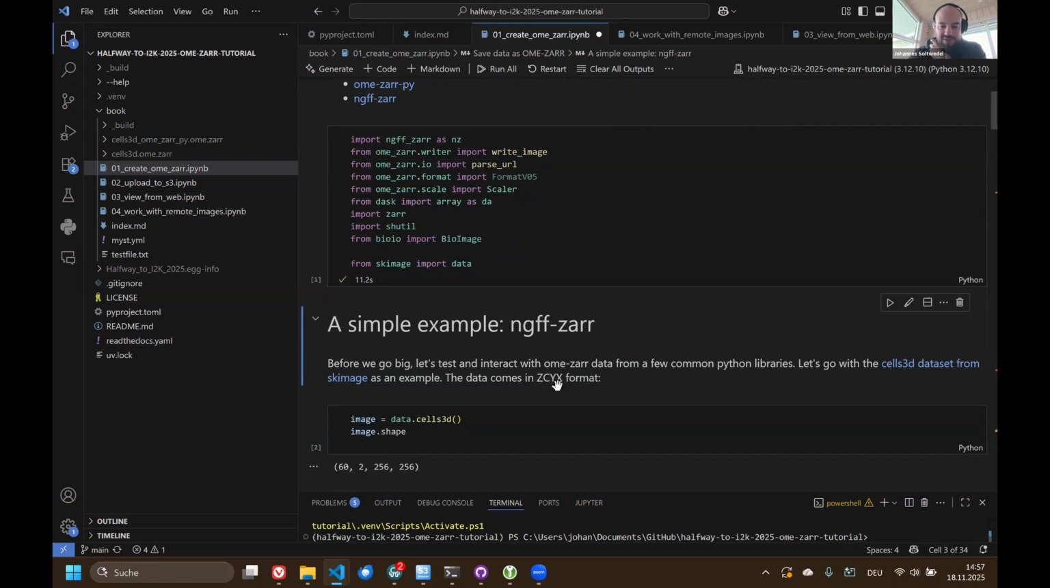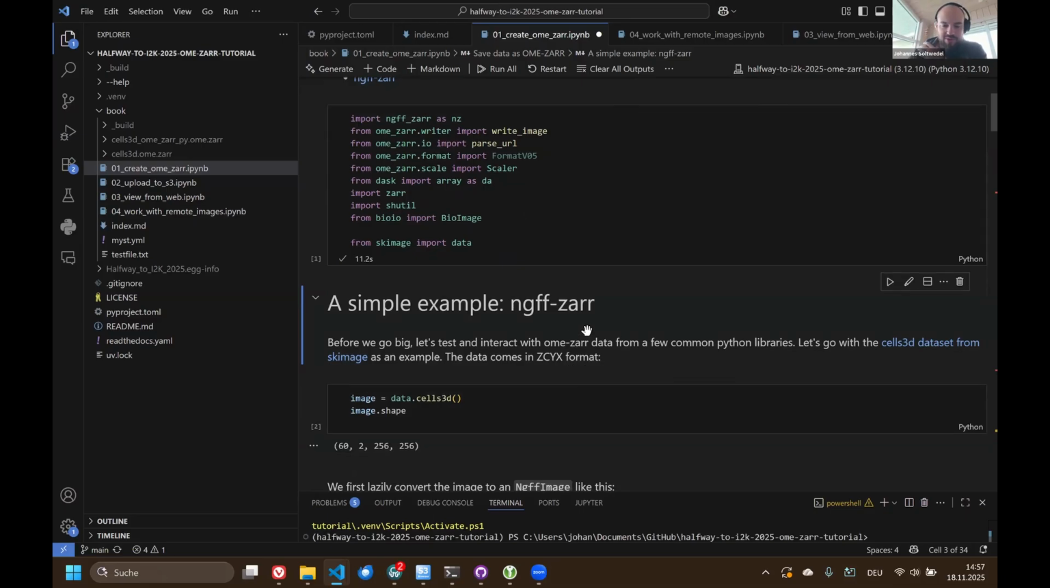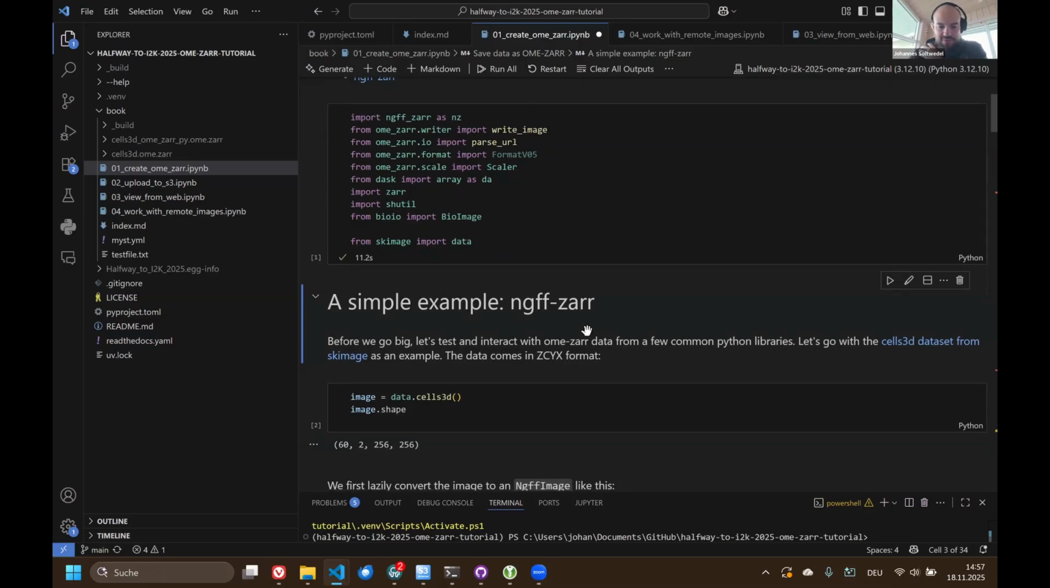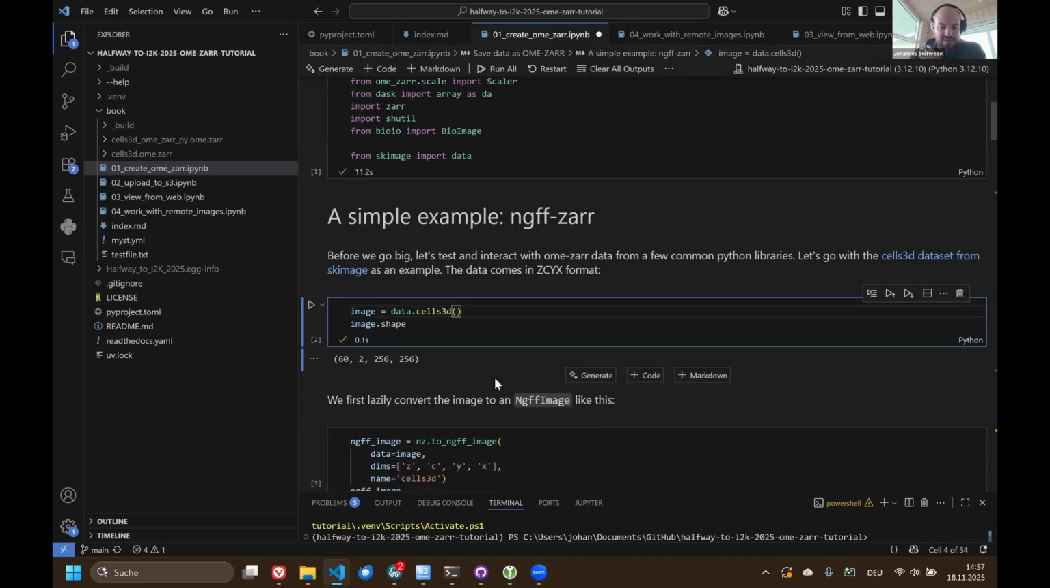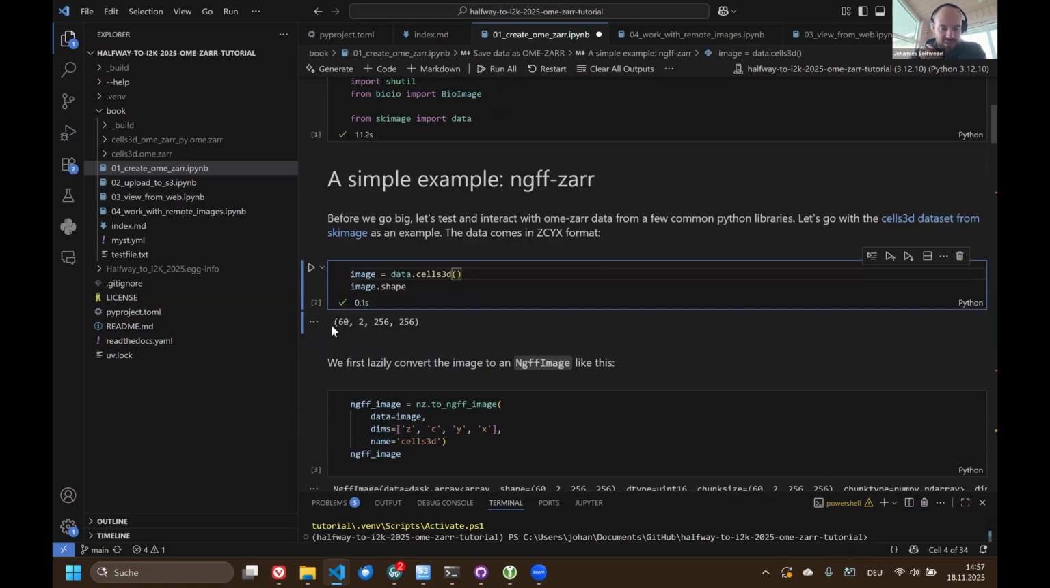Okay, ngff-zarr. That's my first go-to because it's really simple writing and reading. And to get some image data to work with, let's just go with something simple, cells3d from scikit-image. Running this command, if you do this for the first time, should trigger some download process. But yeah, you can get this image locally, inspect its shape with image.shape, and you see it's 60 by